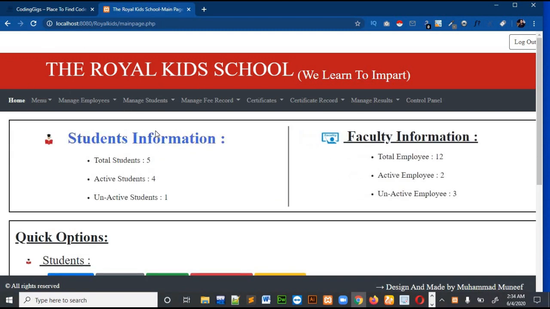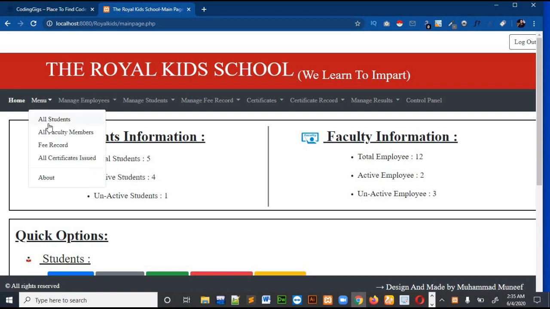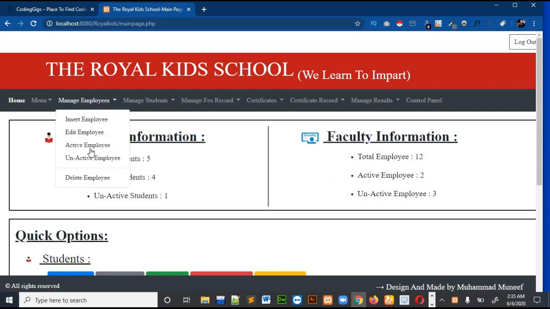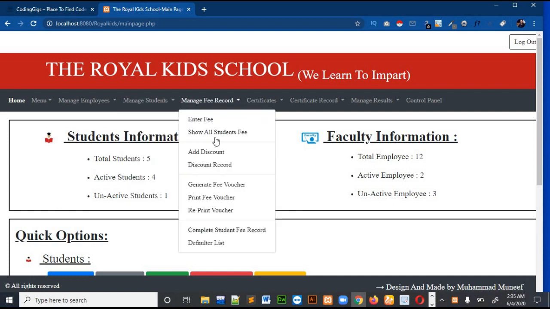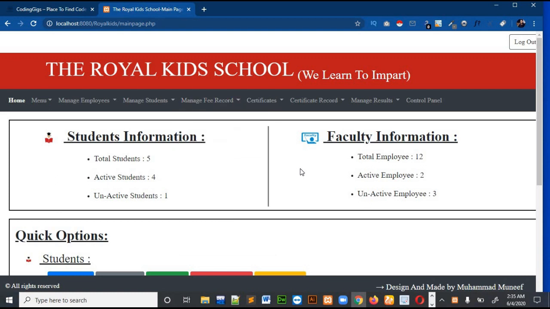So in today's video I will try to show you the menu section, then the manage employee section, then the manage student section, and then the fees record system. If the video didn't take that long, so before going to the code, let me tell you that all